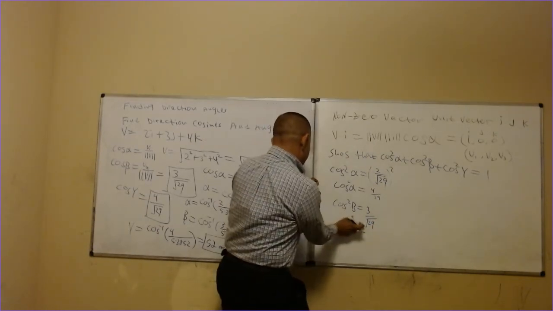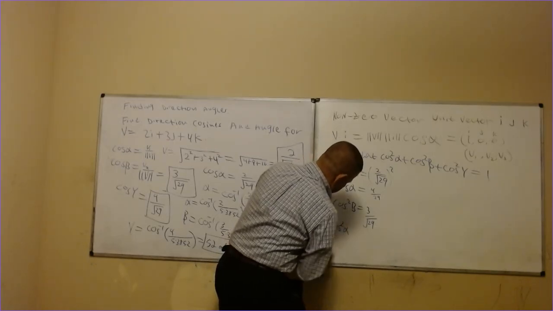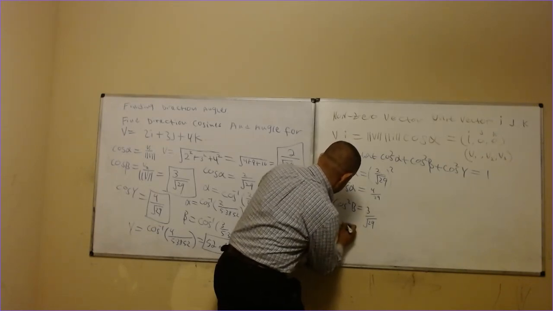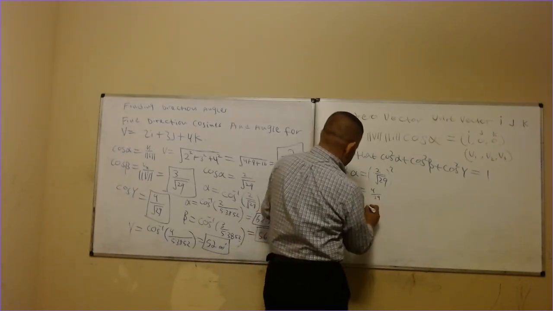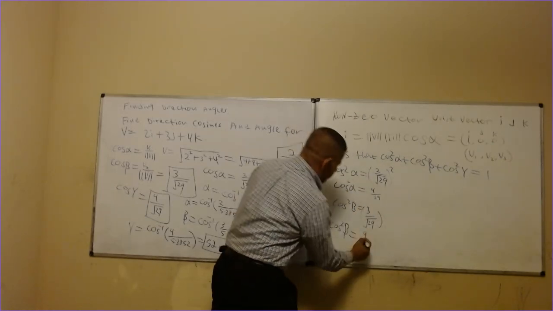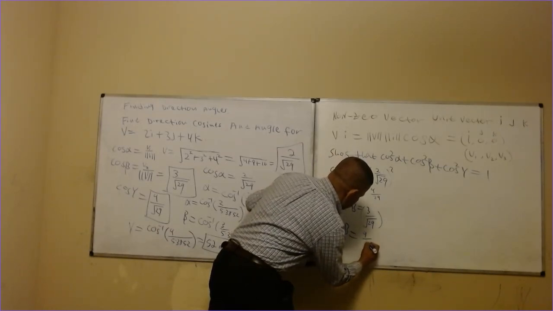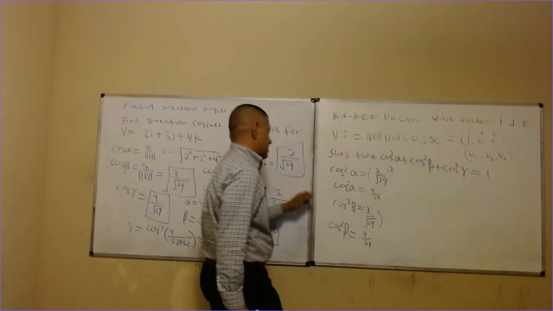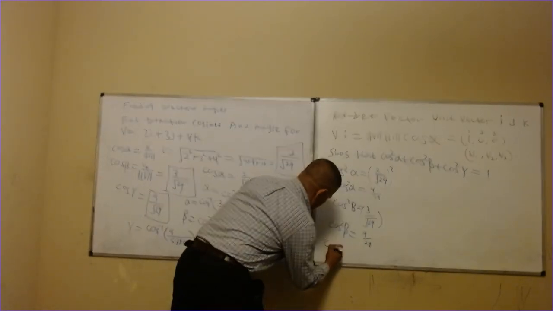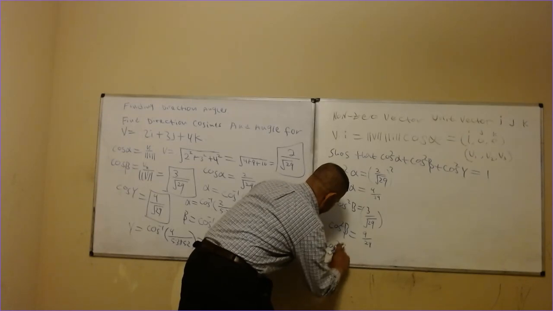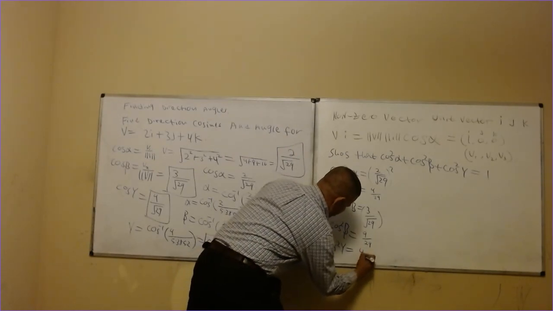If I substitute this back here and square it, I get the cosine squared of beta is equal to 9 over 29. If I square the top, I get 9. If I square the bottom, I get rid of the radical sign, and I get simply 29. Same thing with this term right here. So cosine squared of gamma is equal to 4 over